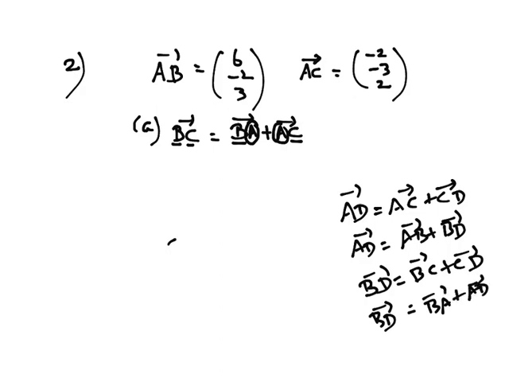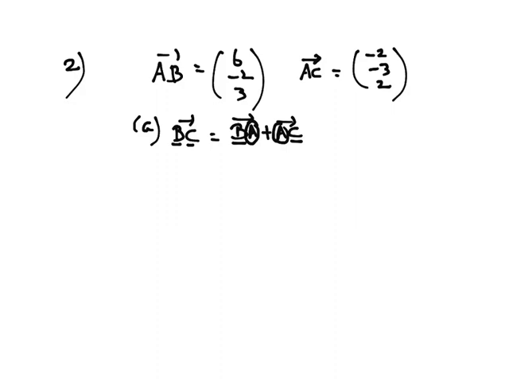But since I have A, B and C here, I need to find BC, so I will write BA plus AC. You may wonder why not use BD plus DC, but there is no D here, isn't it? Okay, so let me erase this part. Fine. So BA plus